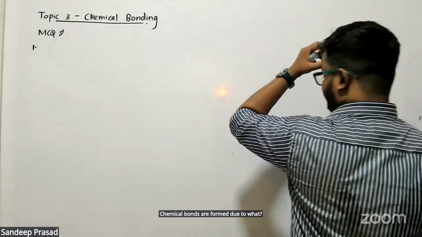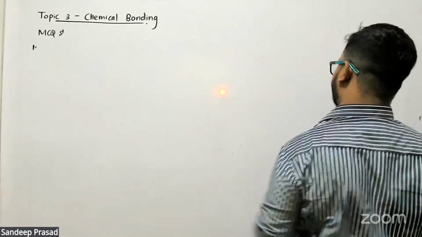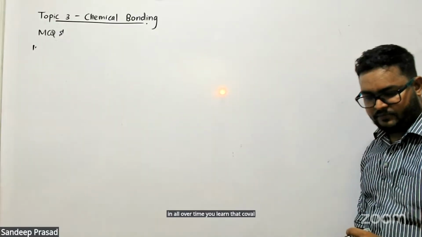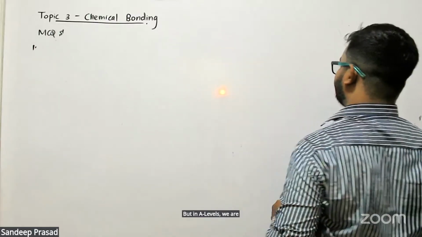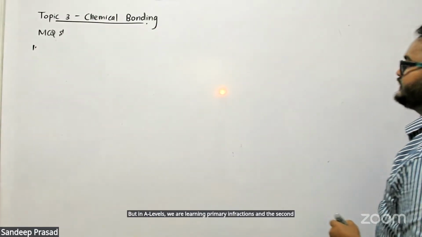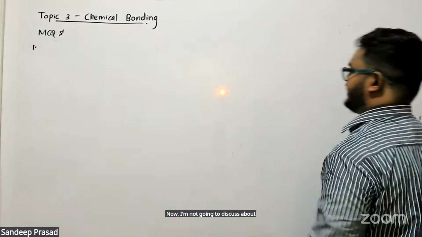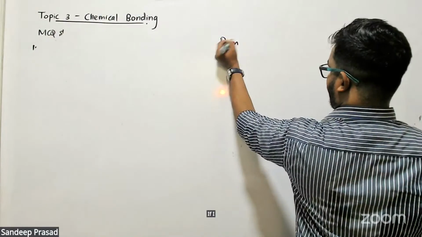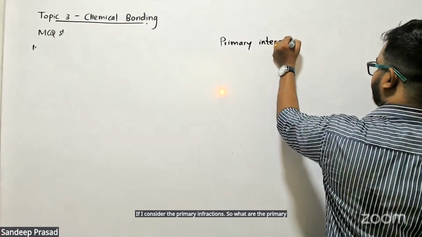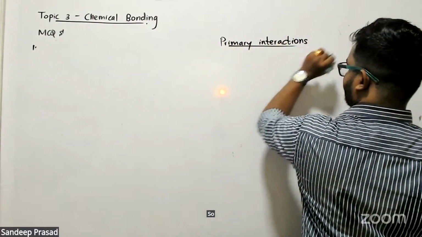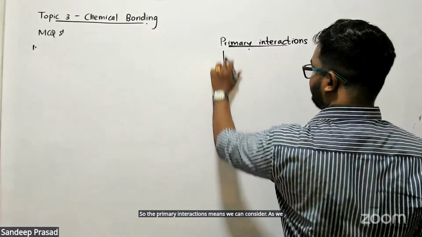So when you consider chemical bonds, remember students, in O-level time, you learn about covalent bonds and ionic bonds, right? But in A-levels, we are learning primary interactions and secondary interactions, okay? Now, I'm not going to discuss the secondary interactions, but if I consider the primary interactions, what are the primary interactions? As we know,